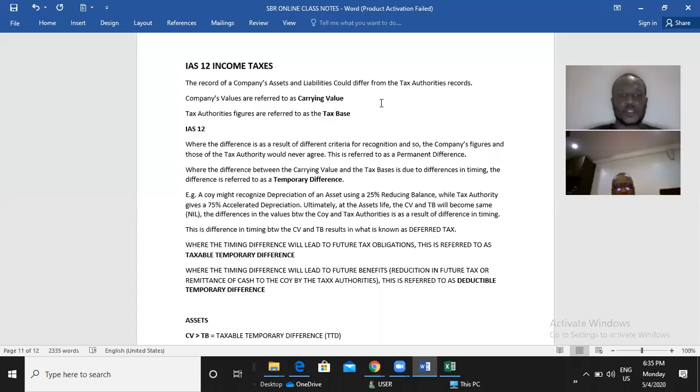So the core discussion here is that a company's values are referred to as the carrying value of assets. The tax base, on the other hand, is the tax authority's values. Now, IS 12 makes a fundamental assumption that any change in the value of assets or liabilities